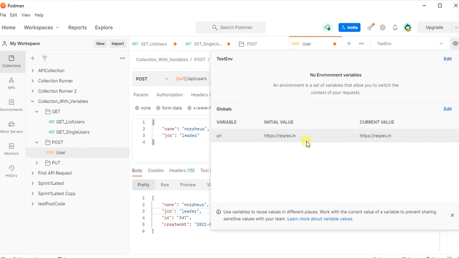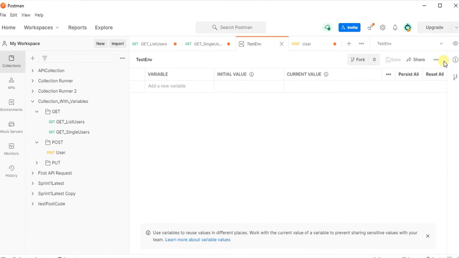So if we want to add the environments, you have to click on it. Then you will find here you need to give any environment.